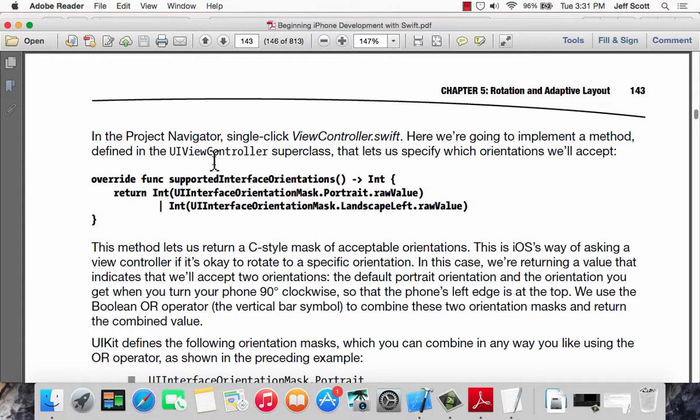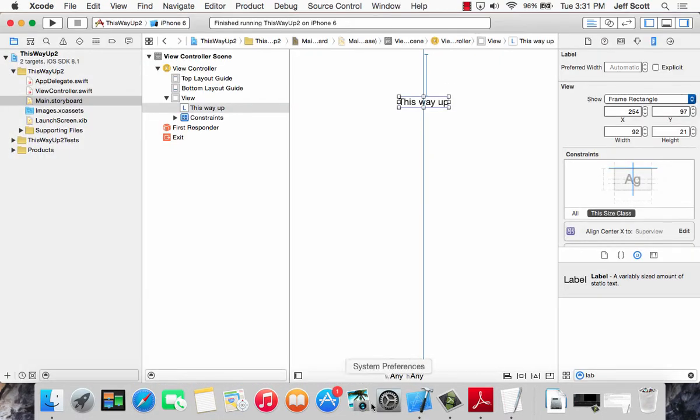How many iPhones are there that are a perfect square? There's none that I know of. And although we talked about this in the last class, even an iPad isn't perfectly square. All right? That's why when you start getting into this stuff, the key to working with this, and we've looked